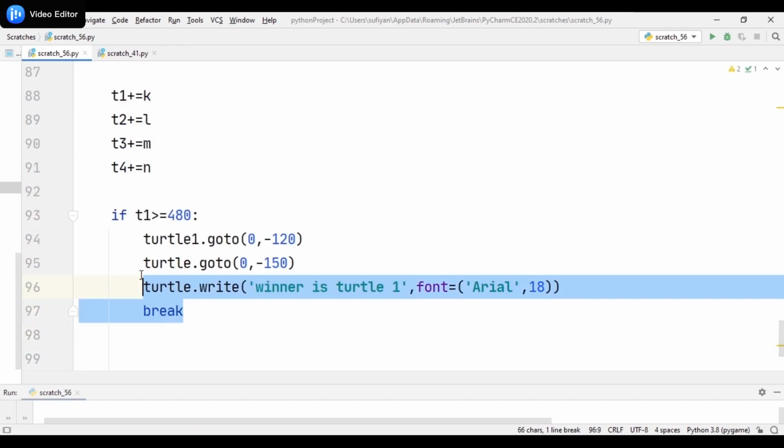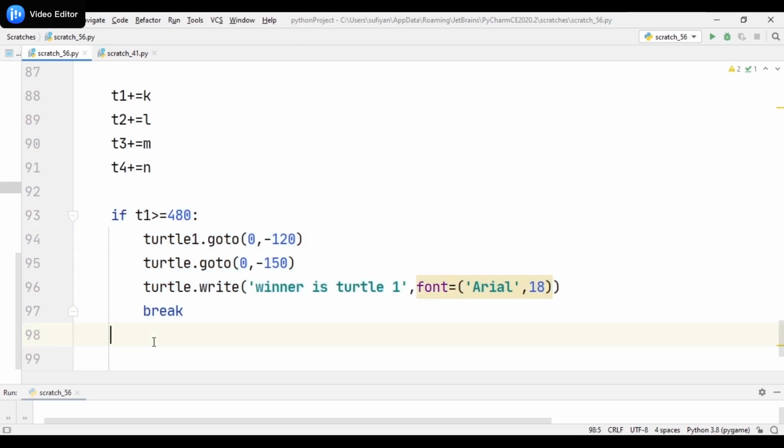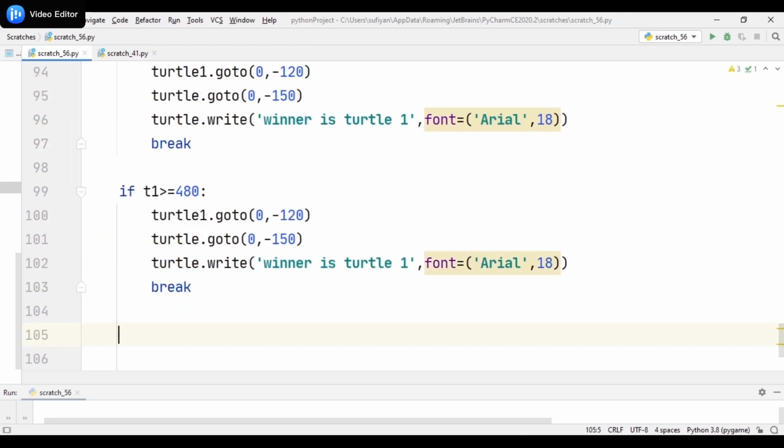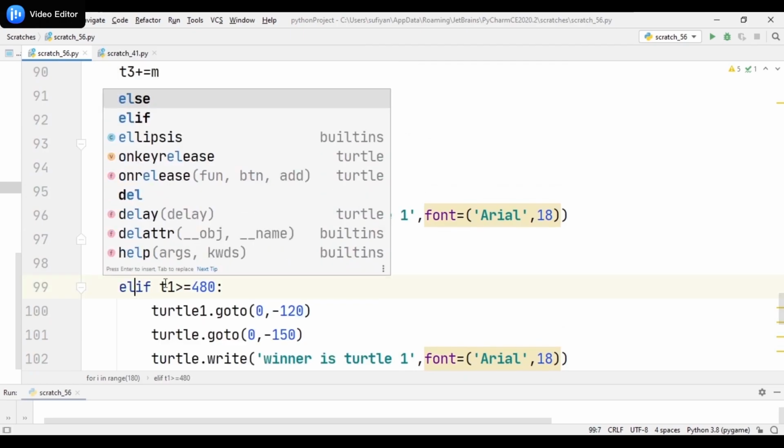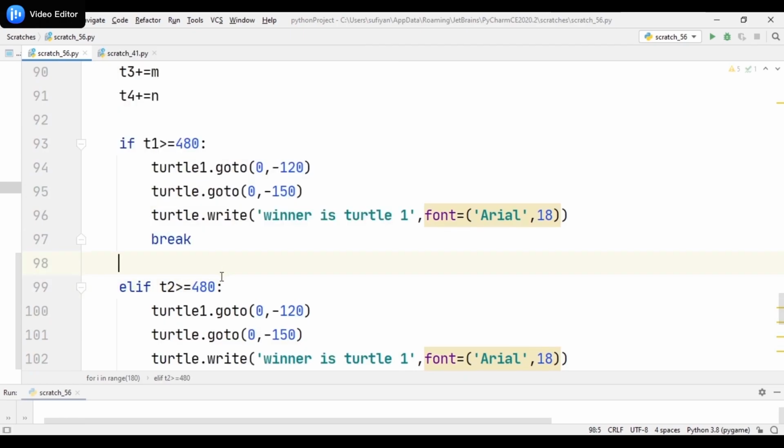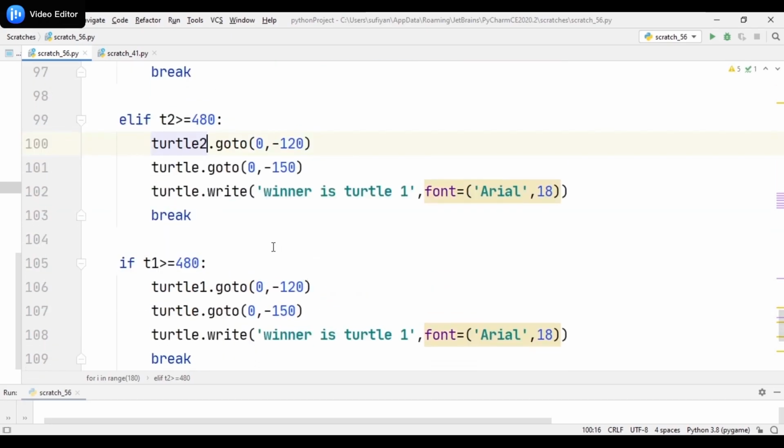Then I will copy this code and paste it 3 times. Elif condition would be turtle2 wins. Then turtle2 dot go to 0, minus 120 and turtle dot write winner is turtle2. For turtle3, elif condition would be T3 wins.